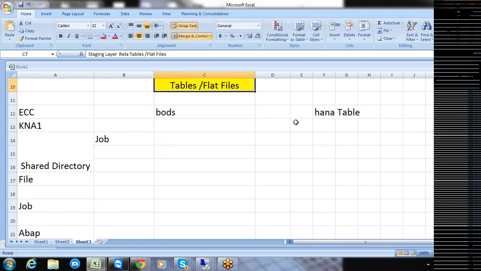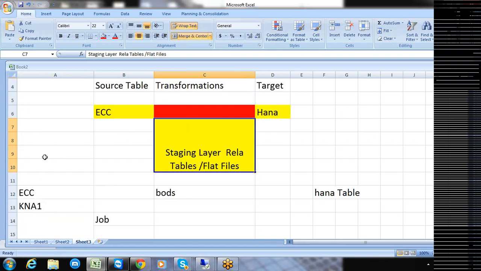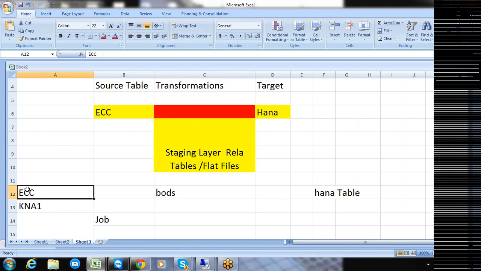Please understand, BODS, for extracting the data from the ECC table into this particular flat file, initiates a job which is supposed to be running on this particular ECC platform.